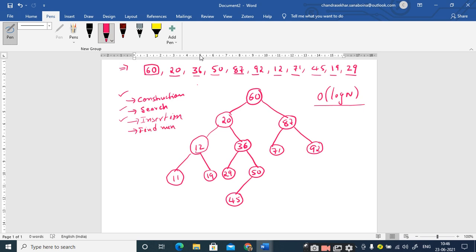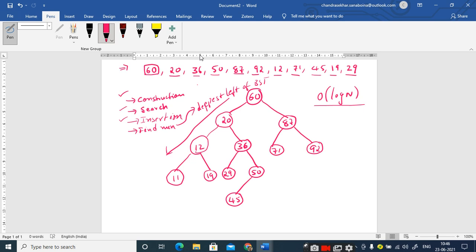So if you observe this binary search tree, what is the least element I have? Minimum element? 11, sir. 11, right? And where is this 11 placed? Left subtree of 12. Can I say it as the deepest left of the subtree? Deepest left. Yes, sir. Deepest left of a BST will be the minimum element. Am I right or not?